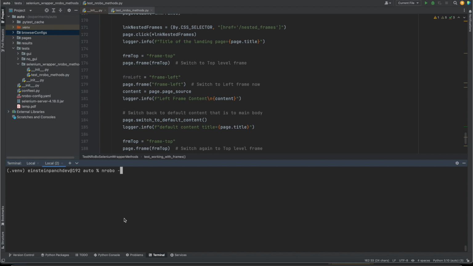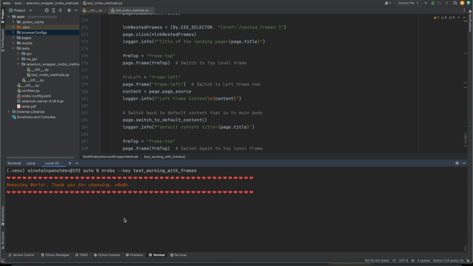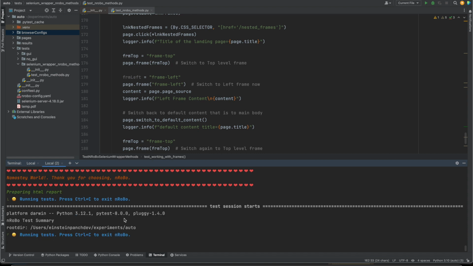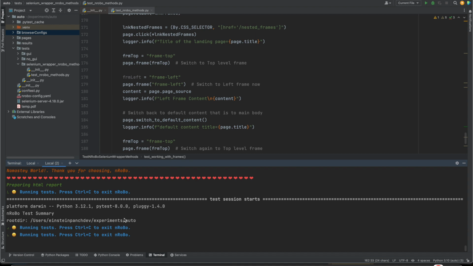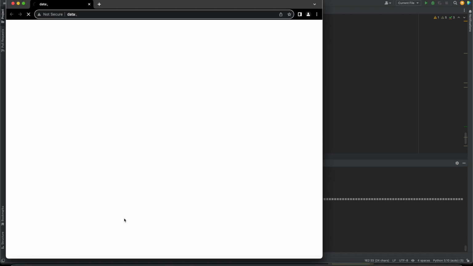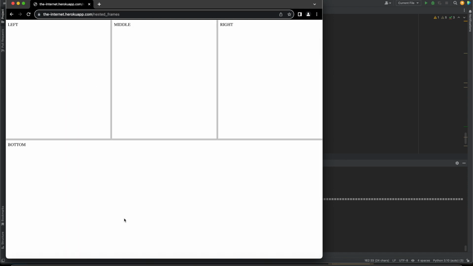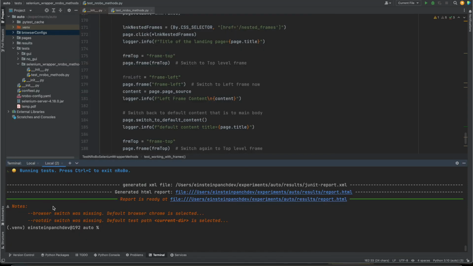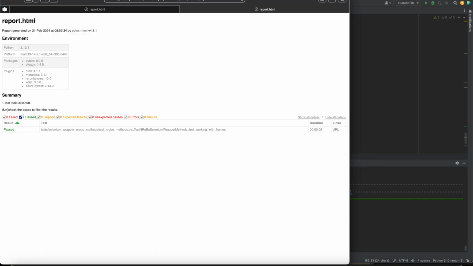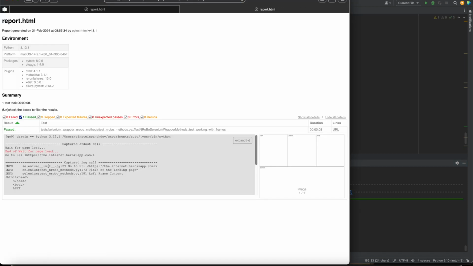The test method name, and test started running, and browser instance open up and open the URL, and that's it. Let's open the report, and here we can see that we switch to,